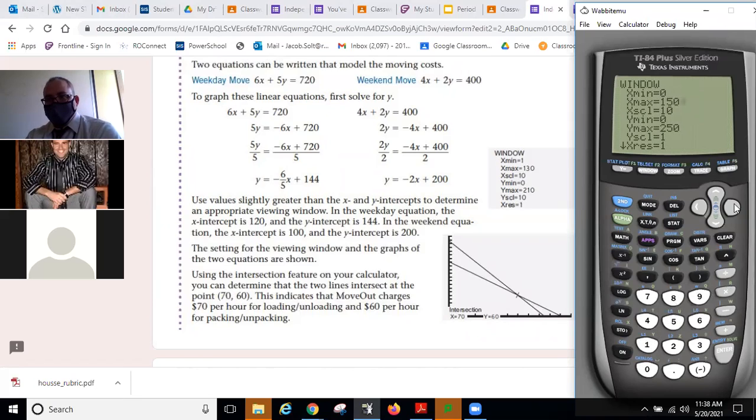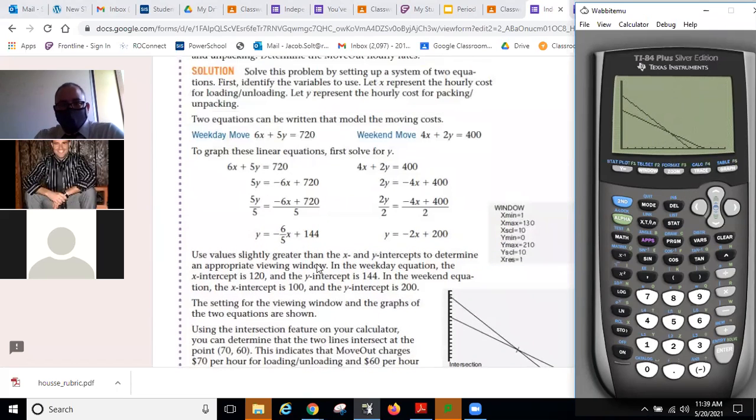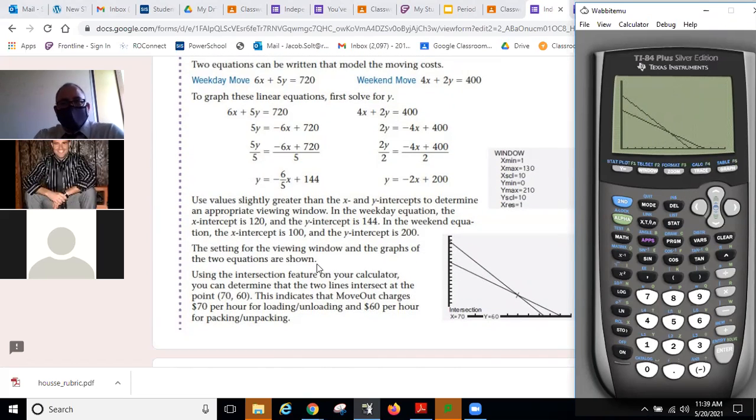All right, now I'm liking it. Let me try again. Okay, great. I got one line there. I got another line there. Beautiful, beautiful. And what I need to do is find out where these two lines intersect. Well, there's two ways to potentially do this. Let me show you the easy calculator way, and then we'll talk about the little bit harder doing it on paper kind of way. The easier calculator way is, let's see,